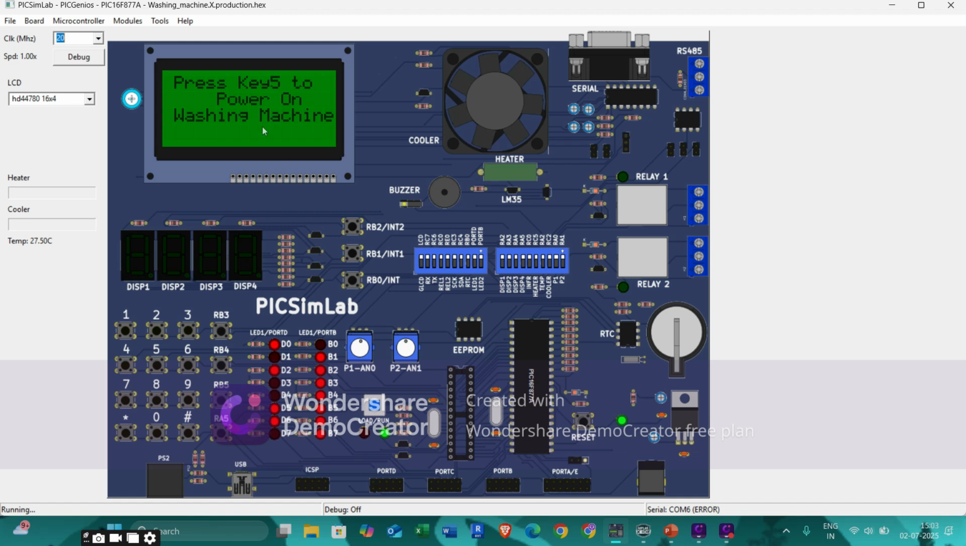So now we'll perform how this washing machine is working in real time. It is saying to press key 5 to power on the washing machine. We have 6 switches, that is RB0, RB1, RB2, RB3, RB4, RB5, and key 5 is RB4. So I will press key 5 to power it on. It is getting powered on,